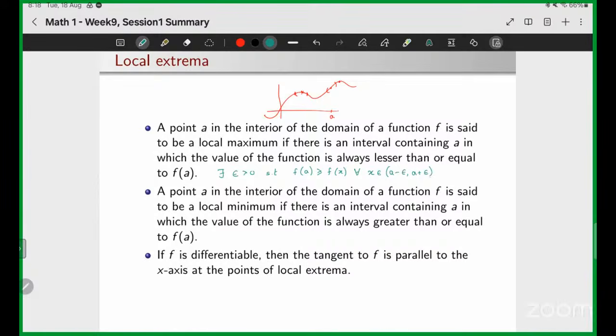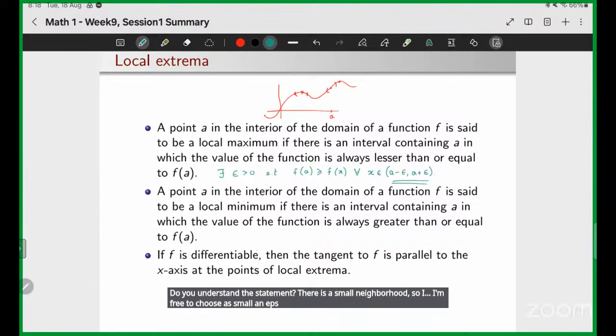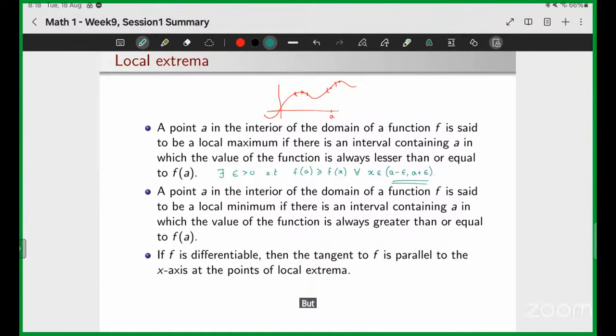Do you understand the statement? There is a small neighborhood, so I am free to choose as small an epsilon as I want. But there exists one such that the epsilon neighborhood, meaning you go epsilon value to the left and epsilon value to the right, in either way you will find the function value to be lesser than or equal to,